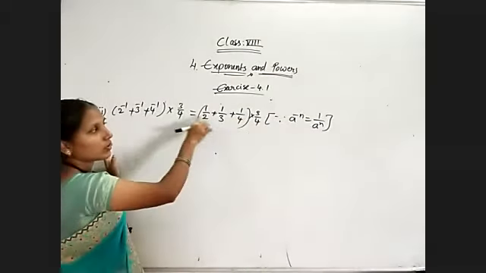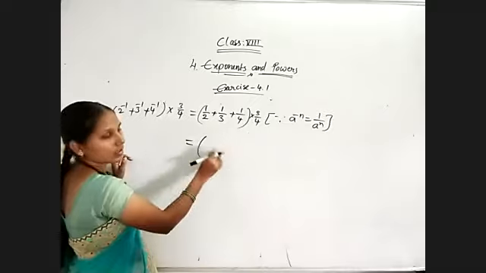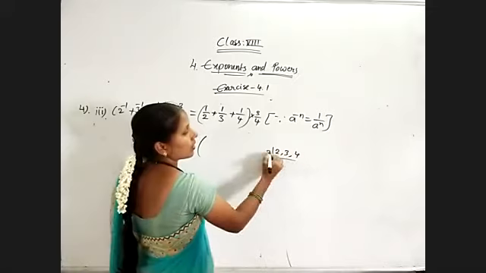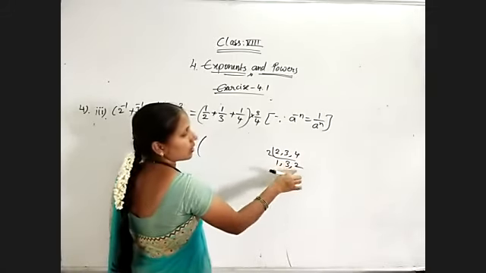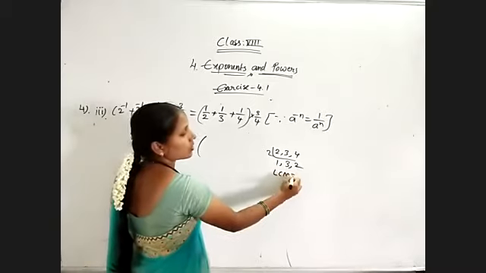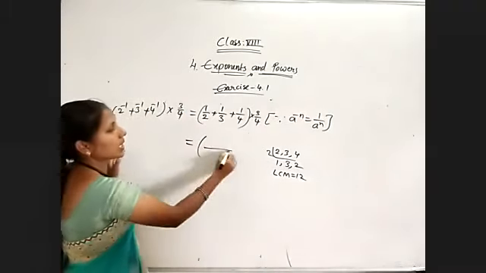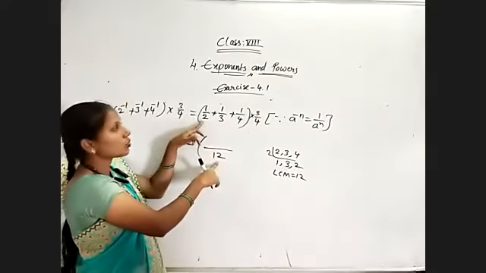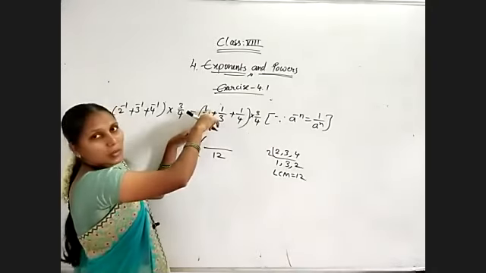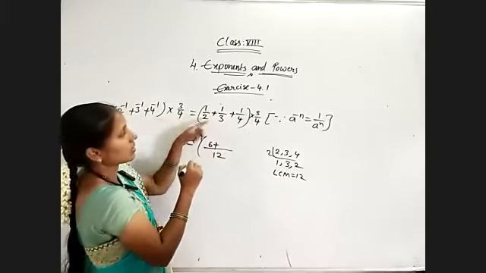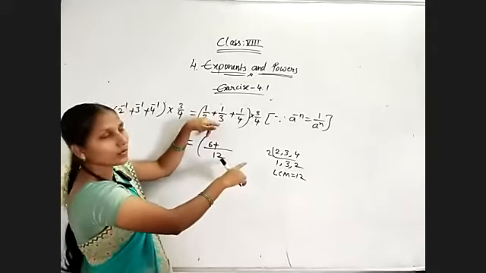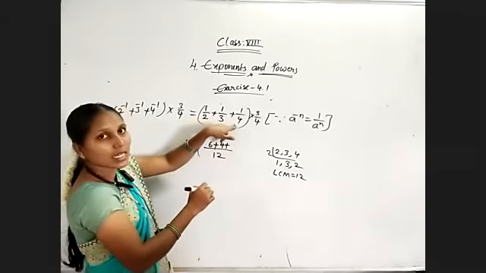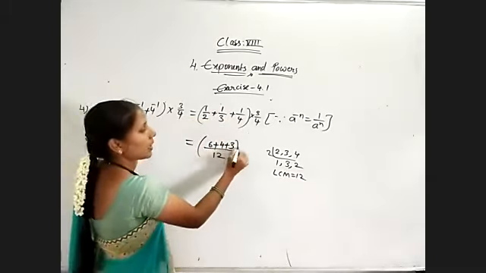Now go through with the LCM because we have 3 fractions here: 2, 3 and 4. What will be the LCM of those 3 numbers? 2 2s are 4, 4 3s are 12. So LCM is equal to 12. Now take the LCM 12. In the 2 table, when are we getting 12? 2 6s are 12, and 1 only the numerator, so 6 1s are 6. Plus, in the 3 table, when are we getting 12? 3 4s are 12, 4 1s are 4. Plus 4 3s are 12, 3 1s are 3, into 3 by 4. Just LCM I am doing, nothing else.